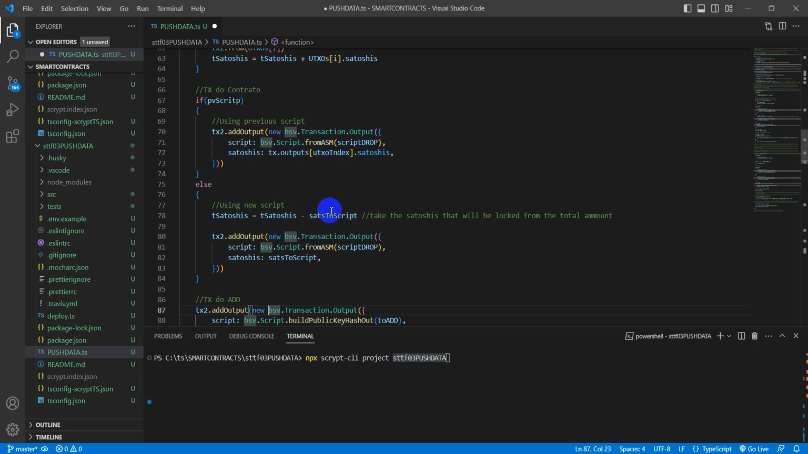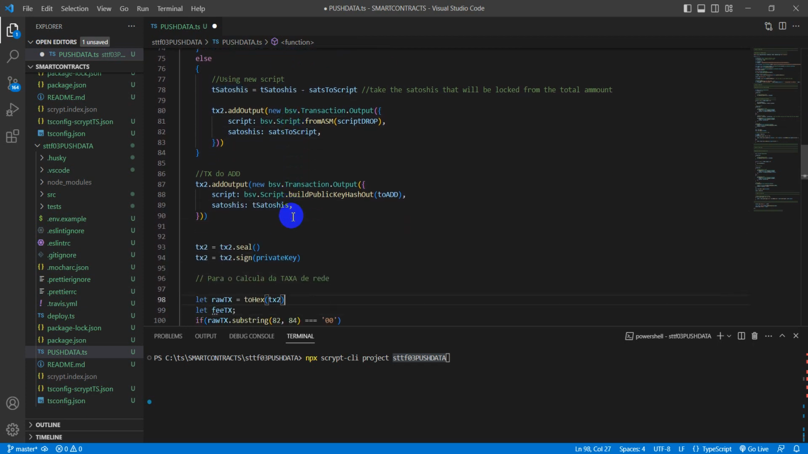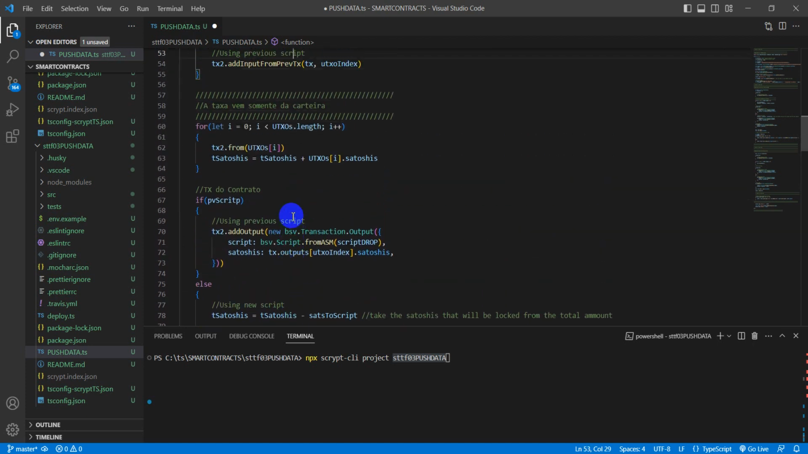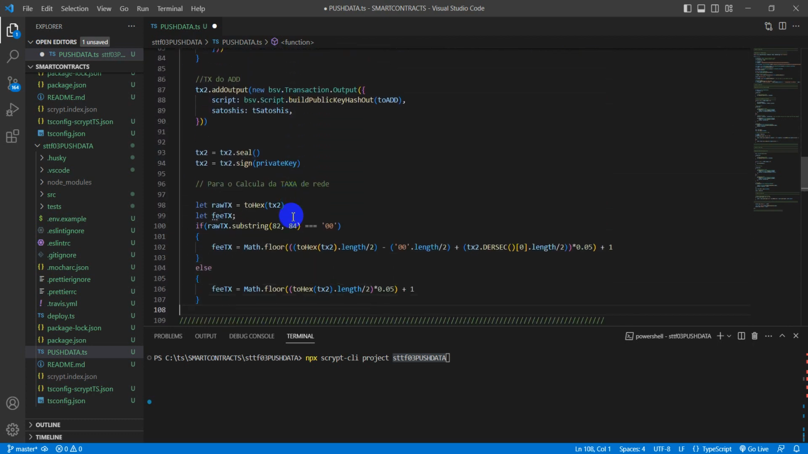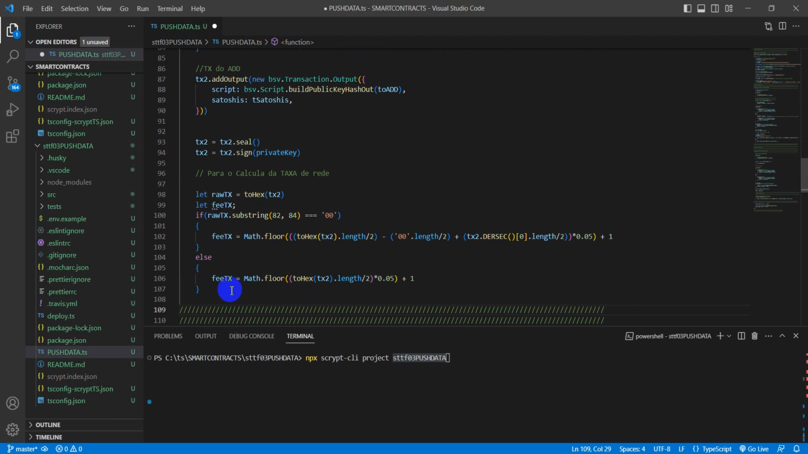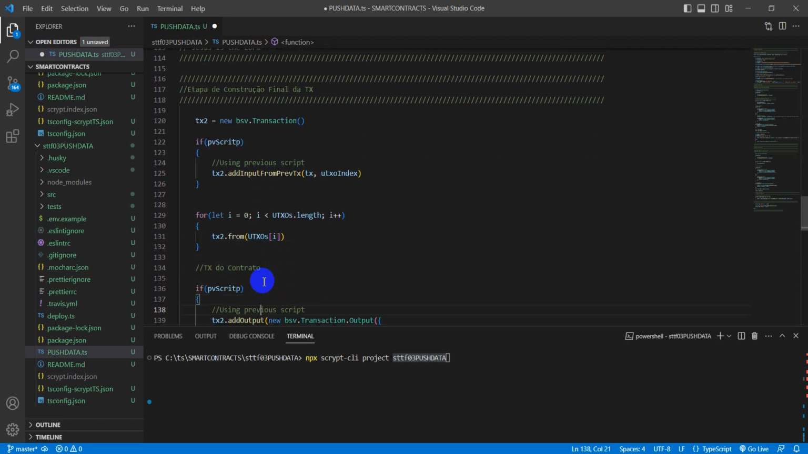Here we must deduct the number of satoshis of the newly created script from the total satoshis that are available for that address. In this part here, we build the transaction from this part of the code until here, and in this section I calculate the fee that will be paid to the miners, and here I repeat all the previous procedures,